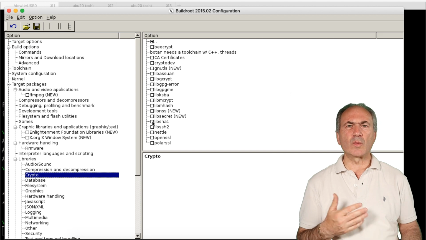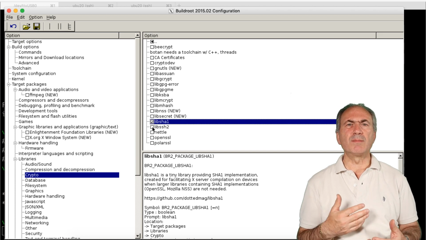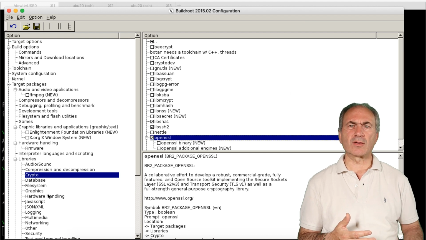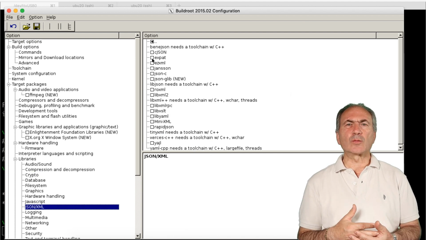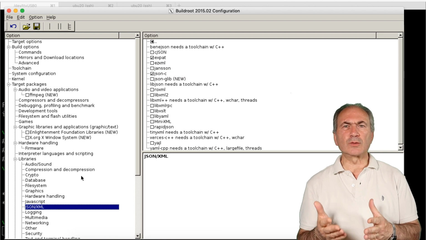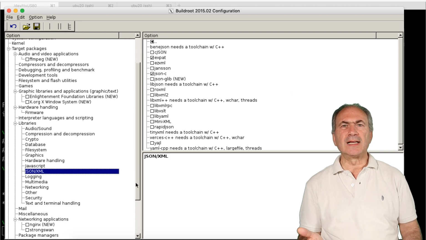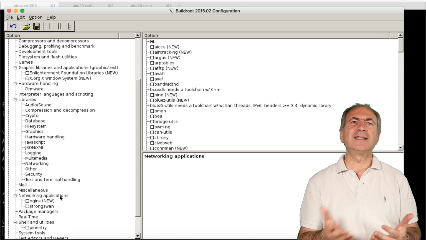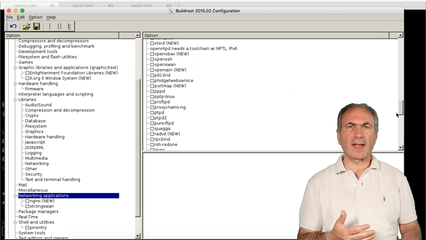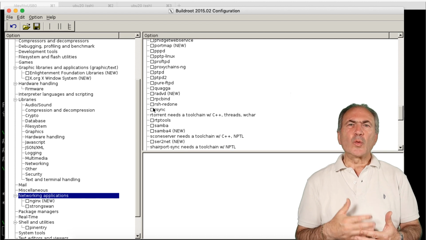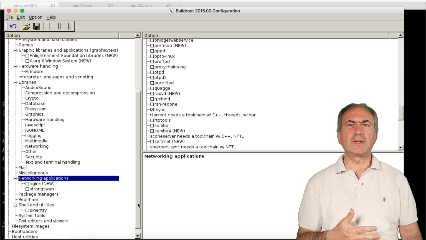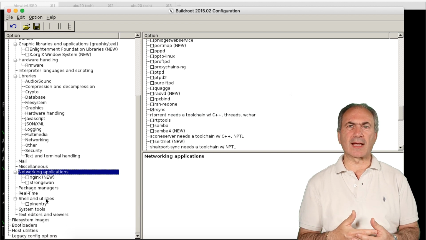For this reason, we select libsha1, libssh2, OpenSSL, expat and JSON-C. In the network application section, we select some tools needed to transfer files between the emulated machine and the external world, such as rsync and ncftp. We select some other tools that we need in the shell and utilities and in the system tools section.